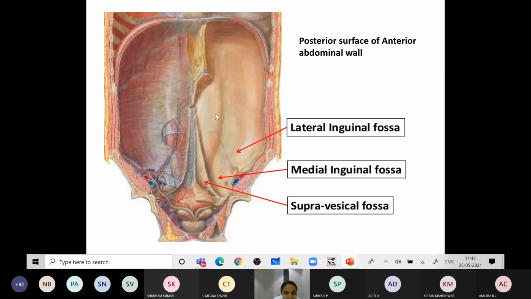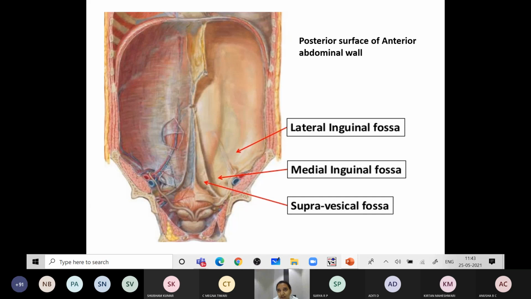See, this is the impression of the rectus abdominis. Here you can see the lateral border of the rectus abdominis. Here beneath the lateral umbilical fold, this contains the inferior epigastric vessels, and below is the inguinal canal. Can you now remember? Hasselbach's triangle is bordered medially by the lateral border of rectus abdominis, laterally by the inferior epigastric vessels, and below by the inguinal ligament. What is the importance of Hasselbach's triangle?